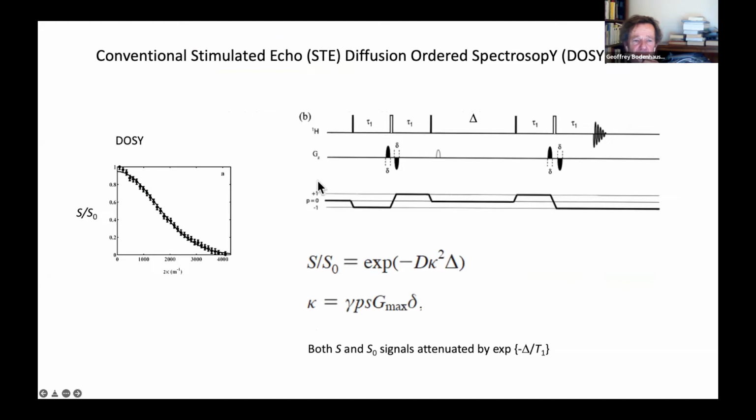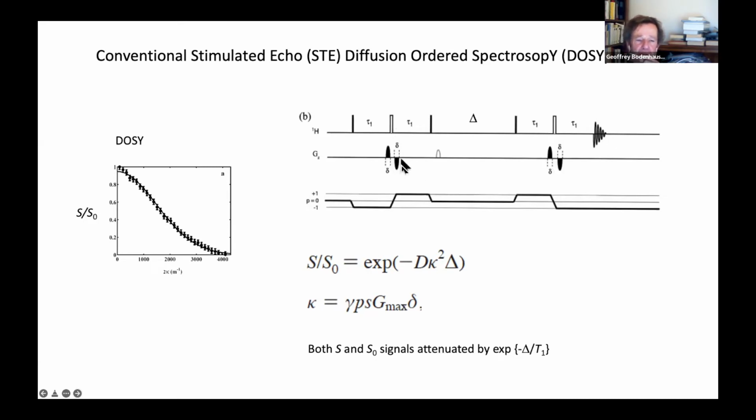This is something that was invented years ago. It's a similar sequence as before, except that you convert the transverse magnetization to populations by a 90-degree pulse. And these populations, which have coherence order 0, you allow them to migrate through diffusion over a period uppercase delta. And then you convert them back into a signal by a reversed sequence. You have a pair of pulsed field gradients here and here, and the point is that the diffusion allows the molecule to migrate through the sample so that it will experience different intensity of the field here than it did here.